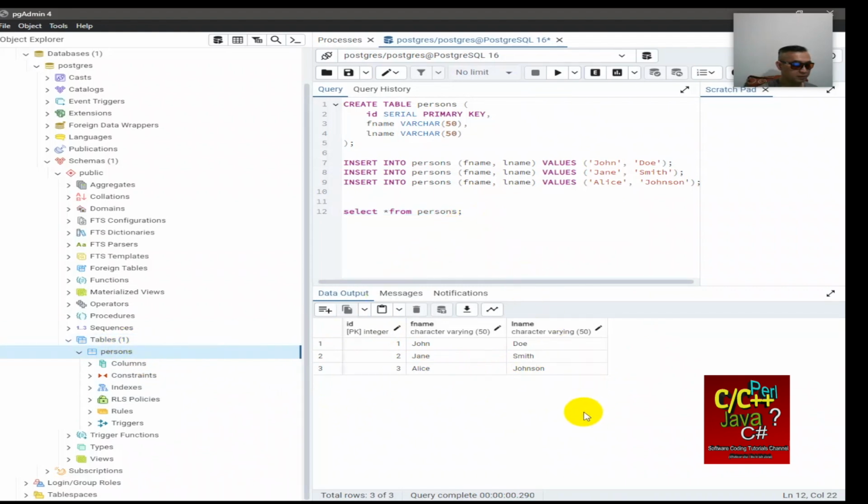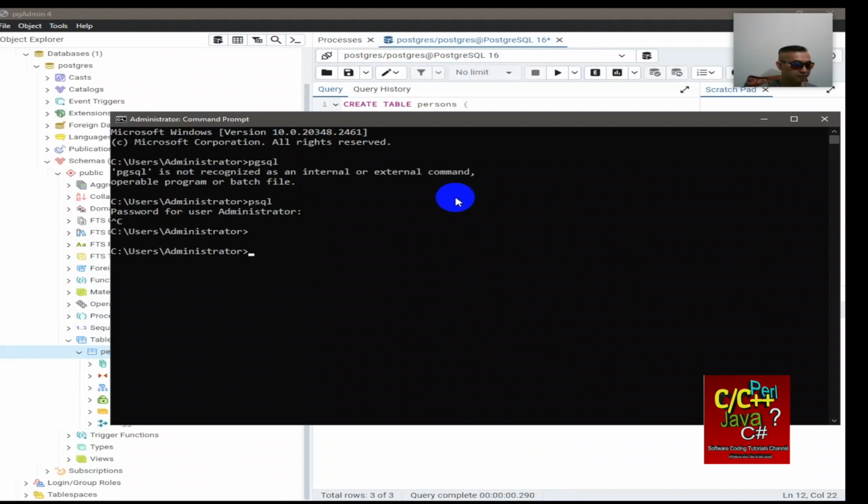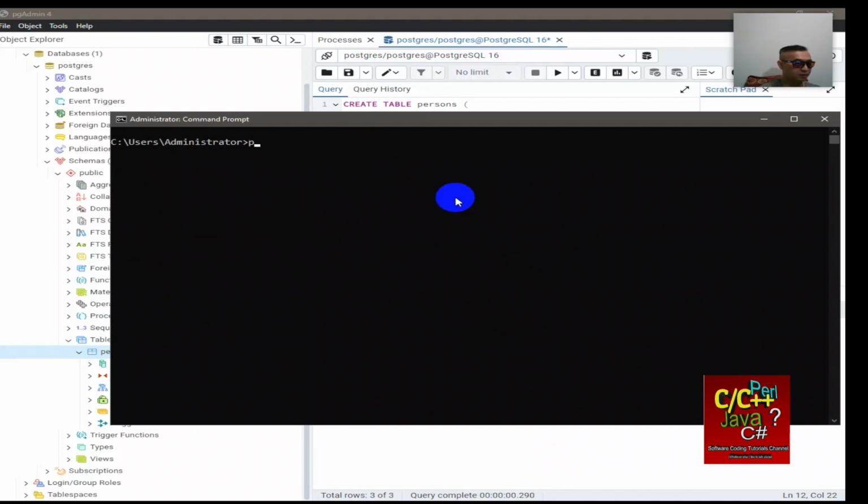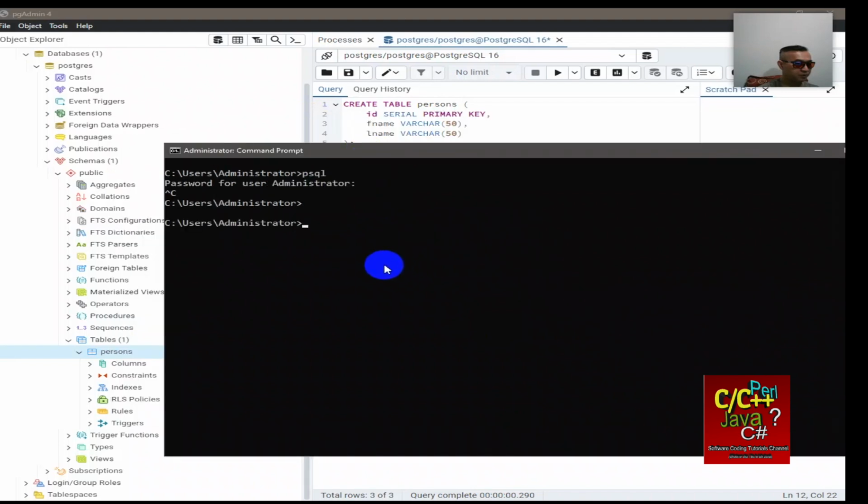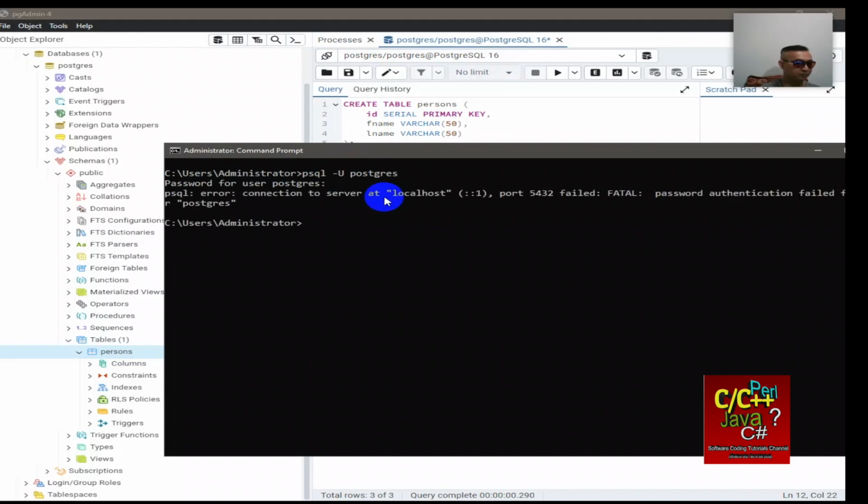Okay, so similarly, you can open a command prompt and you can type in psql. Okay, but make sure that you add psql into the environment variable first before you can even launch this. So I'm going to do clear, type psql dash capital U, and I'm going to type in postgres as the user, and the password will be whatever password I set earlier. Okay, let's try again,